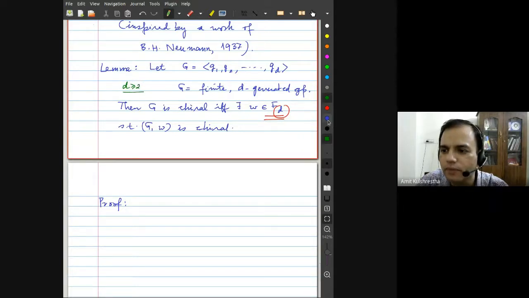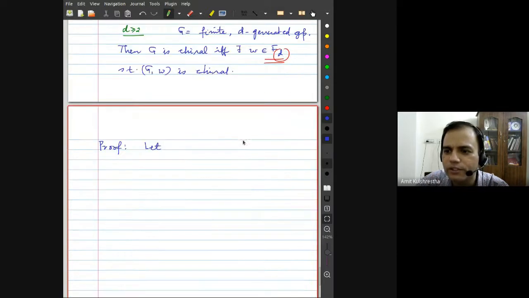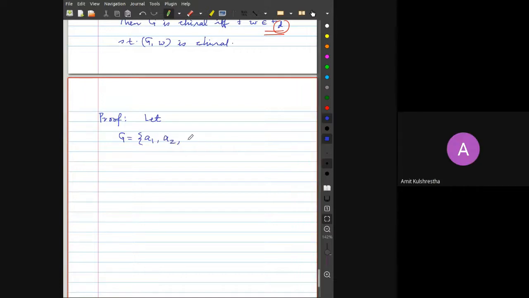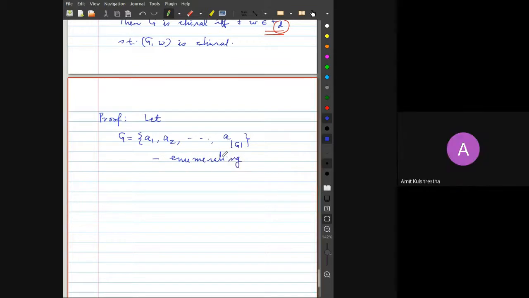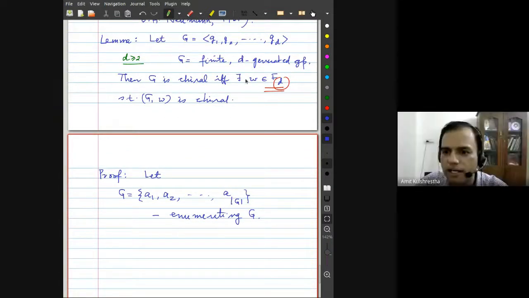Okay. So the proof is, what you do is you do it the crude way. You just write down what you are doing. You are enumerating G, right? You are enumerating your group, and each a_i. Since the group is generated by these g1, g2, ..., gD, I can write each a_i as a combination of these, meaning as a word in these, right? So that means